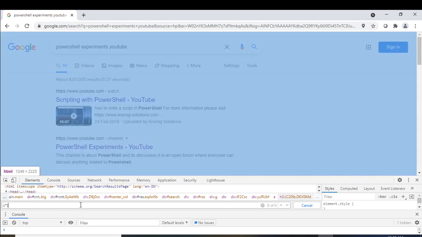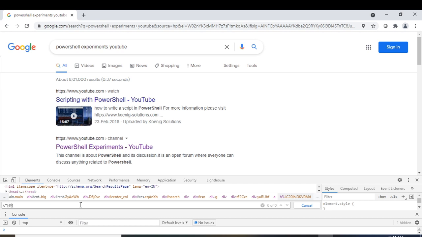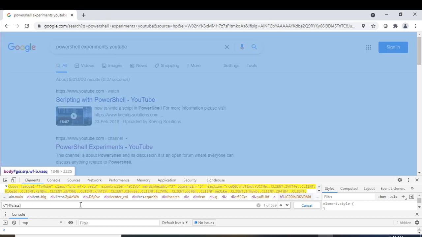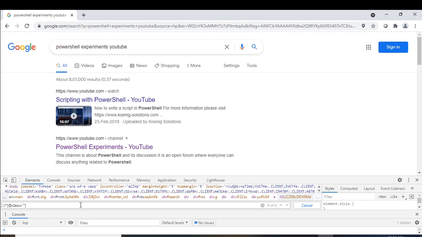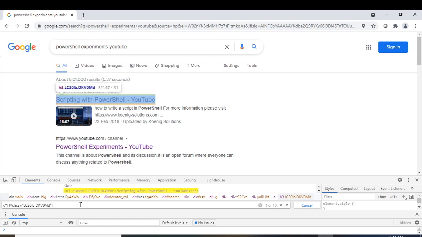Okay, again, now add this, since it is a class, then we have to define class here, and then you have to put this class name here in this string which I copied here. Okay, now let us see that. Now you can see that this class has 10 web elements, there are 10 web elements having the same class name.